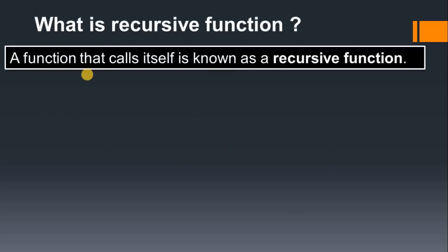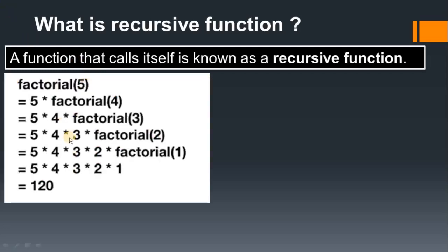A recursive function means a function that calls itself. So here I am showing you an example. Suppose we are calculating factorial of 5. Got it? So here I explain how it works. Suppose you are using this function for the number 5. In the program you are using a factorial function, which I am writing in short as f. Inside it I am using variable n, and that n represents this number 5.